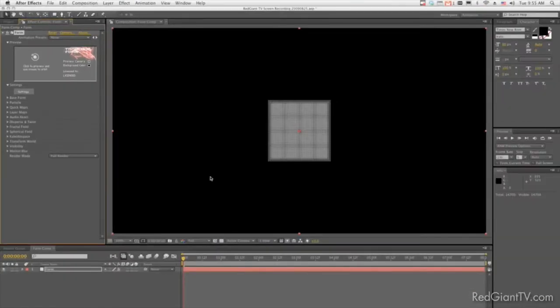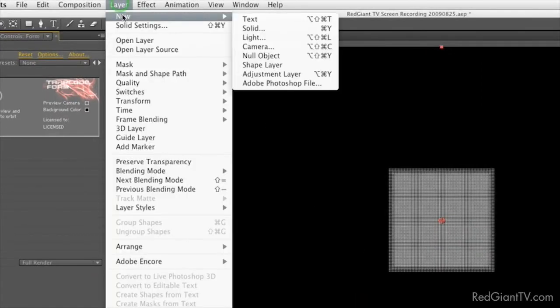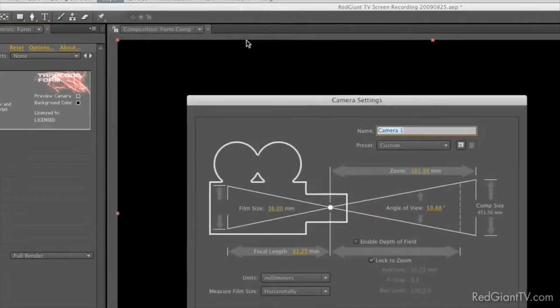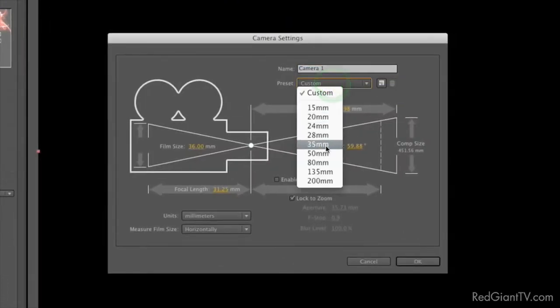Also create a camera so we can see what's going on with our object. That's Shift, Option, Command, C, or Layer, New, Camera. Choose 35mm and click OK. Alright, now if I press C on the keyboard to access my camera navigation tools,